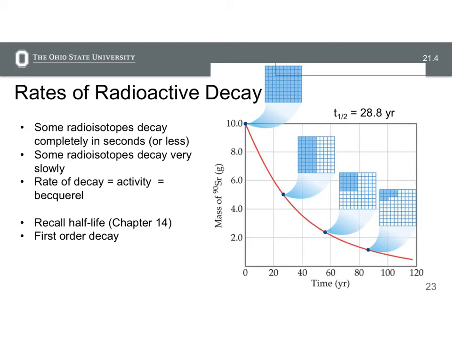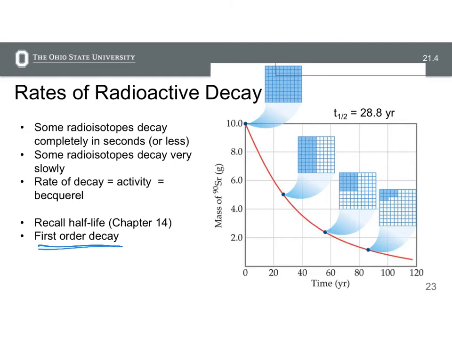Okay, so one of the really important things to consider with nuclear chemistry is the rates of decay. And so we've seen kinetics already earlier in the semester. Was that chapter 14, I believe? And so this is essentially just a review for you on some kinetics. The nice thing about radioactive decay is that the type of kinetics are really predictable. All radioisotopes are going to decay by a first order decay process,